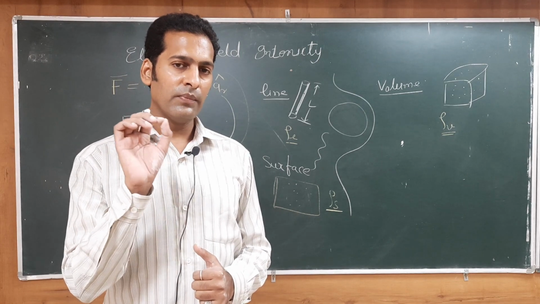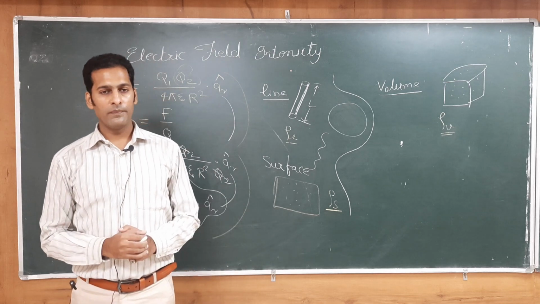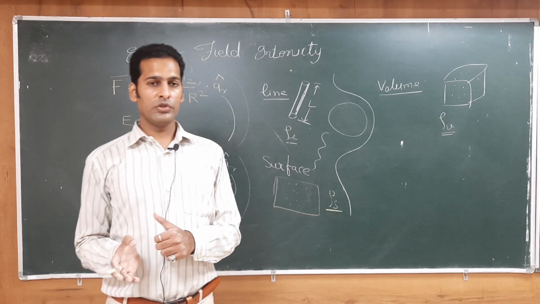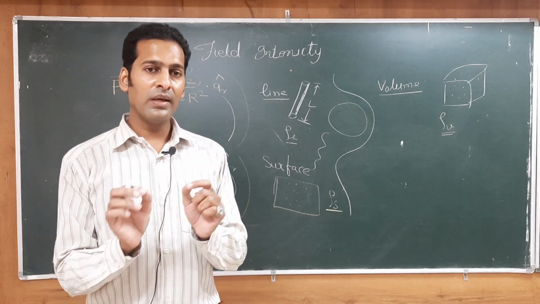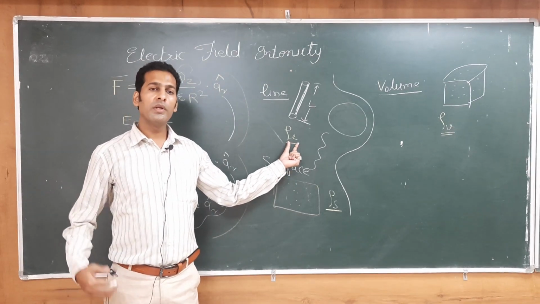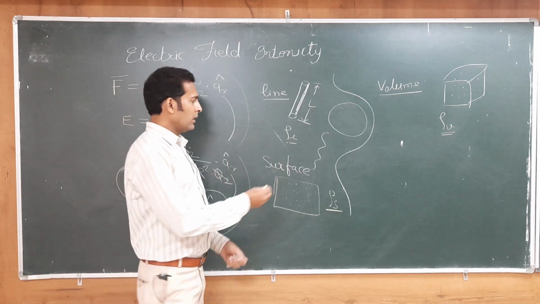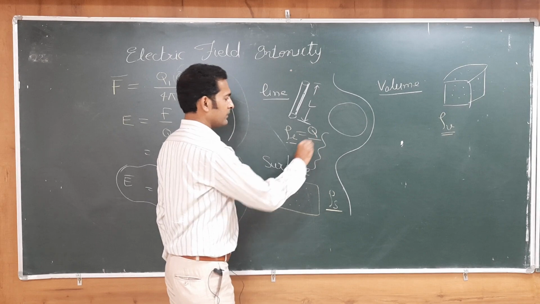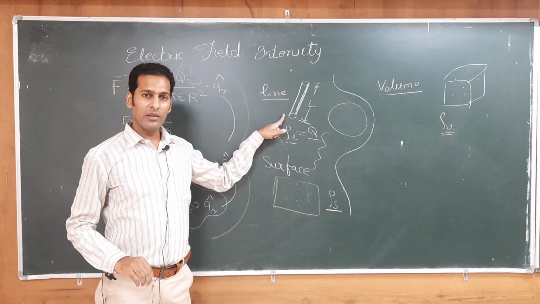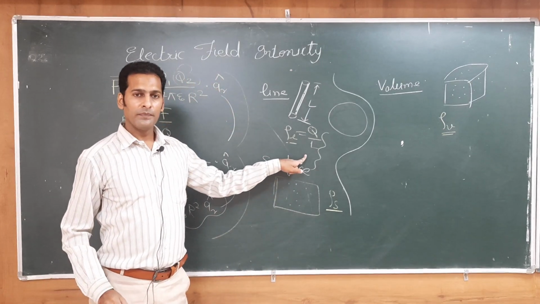We have to remember a simple thing, that all the densities are directly related with the cause, the one who is creating the density, and they are always inversely proportional to the distance with their source. For example, this is line charge density. Who is creator of charge density? Charge. So, it will be directly proportional to charge q, and it will be inversely proportional to the length of this line. So, it will be given by q by L.